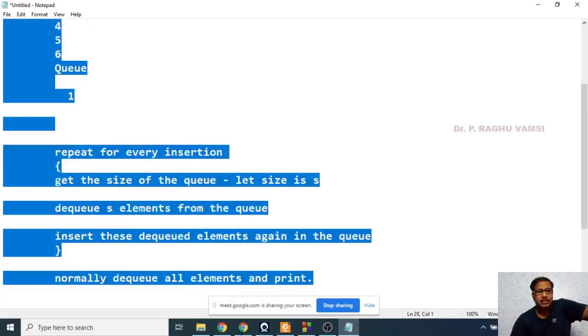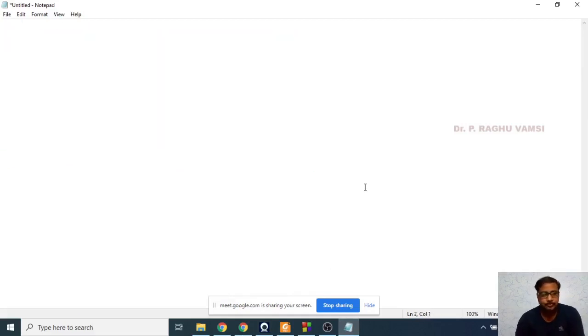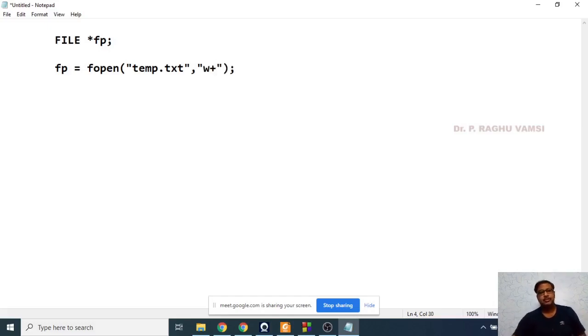That means you use FILE *fp, fp equal to fopen of temp.txt in write mode. So you are supposed to create a file like this.